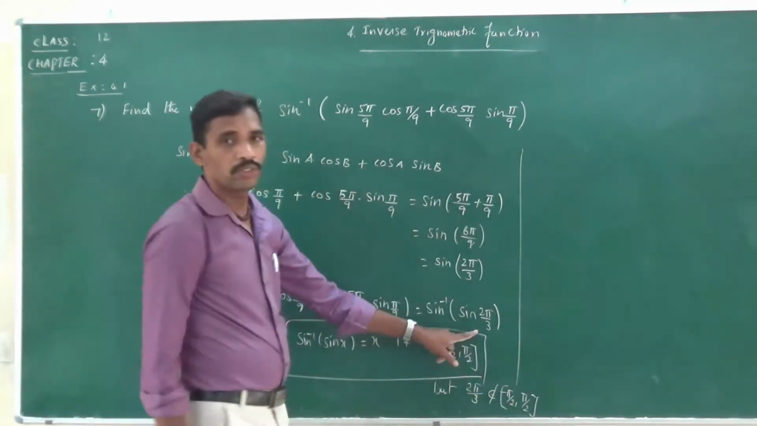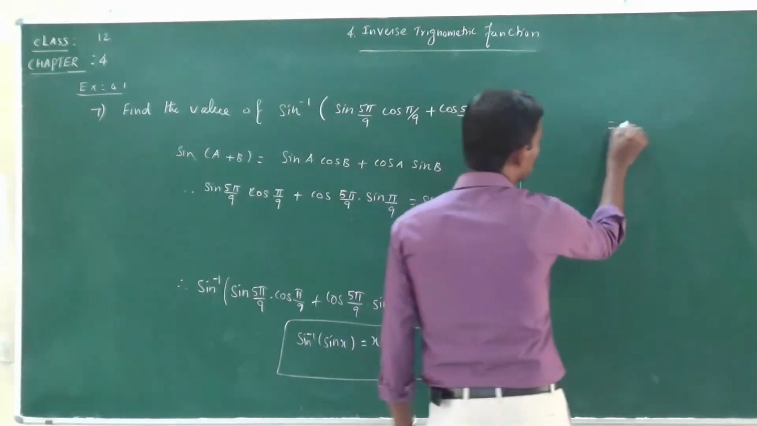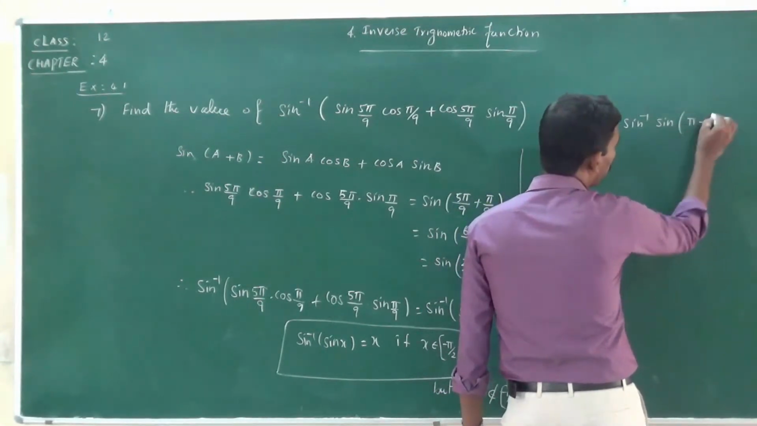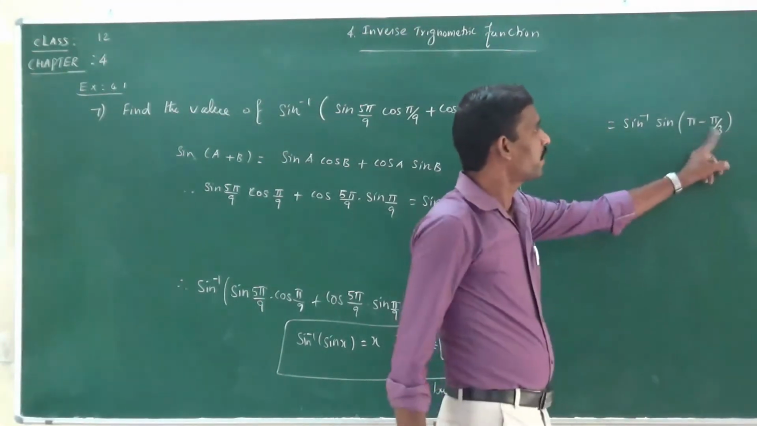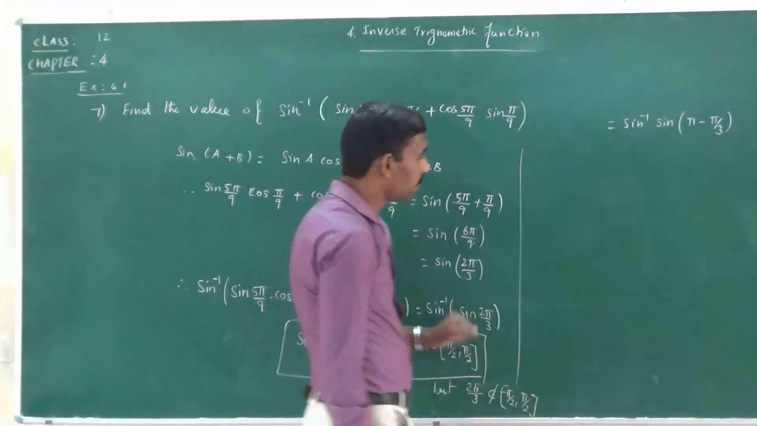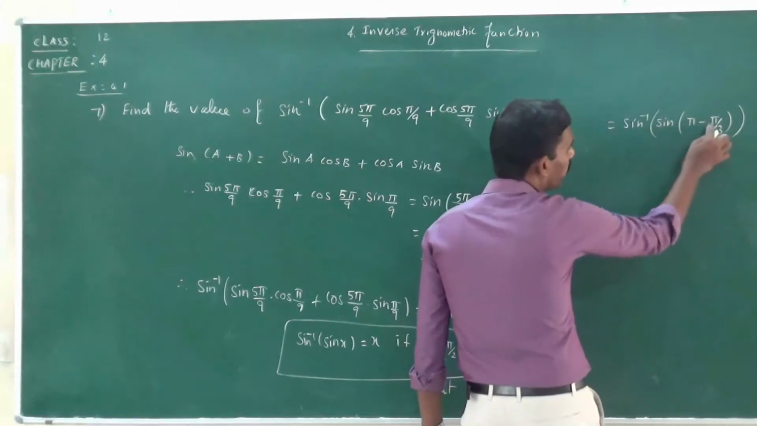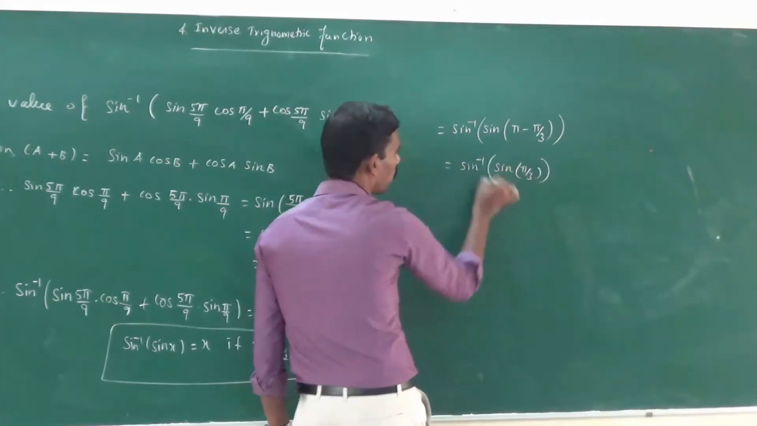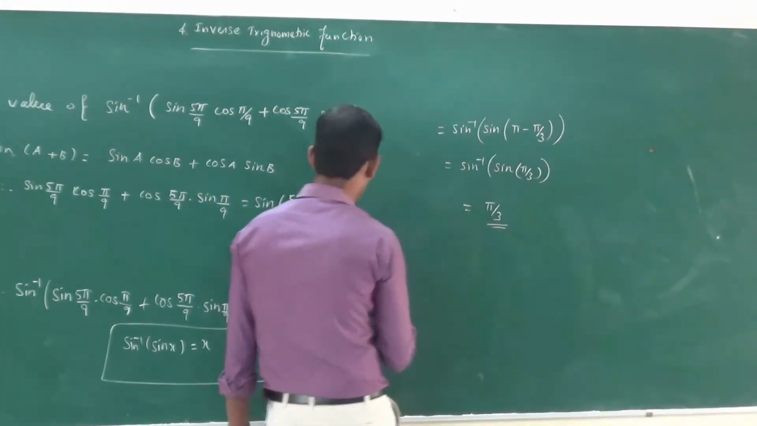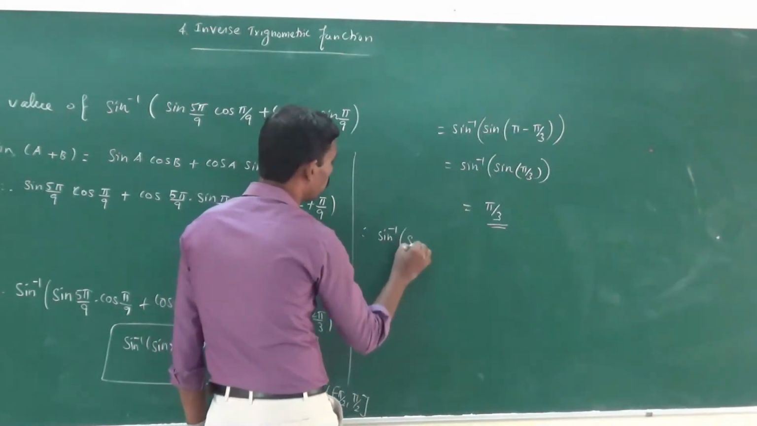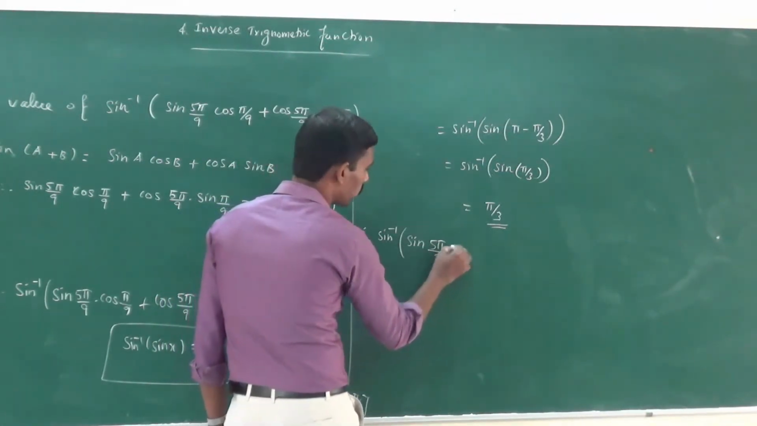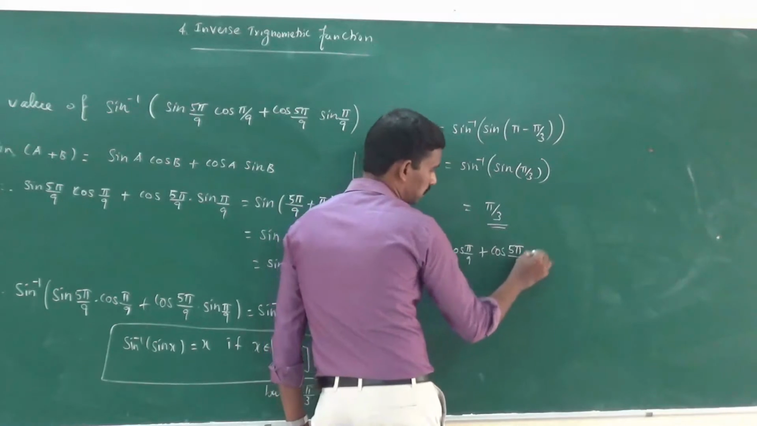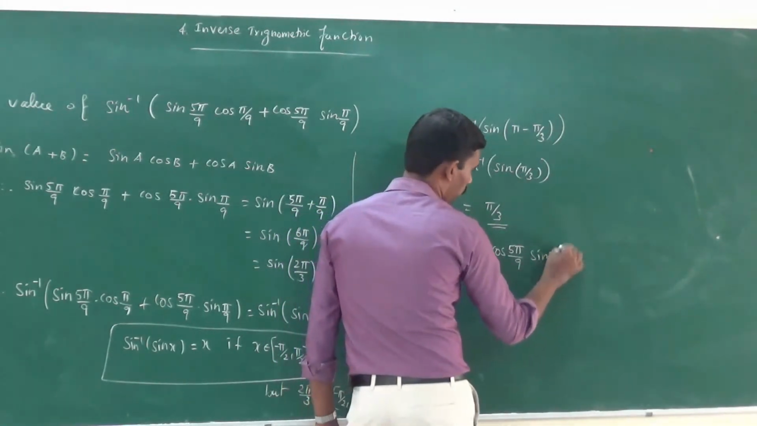So we have to alter this value like this. Sine inverse of sine of 2 pi by 3, we can write as pi minus pi by 3. So cancelling, we get 3 pi minus pi, that is 2 pi by 3, right? Okay, now sine of 180 minus theta is sine theta. So sine inverse of sine of pi by 3 is equal to pi by 3. Hence, sine inverse of sine 5 pi by 9 cos 5 pi by 9 plus cos 5 pi by 9 sine 5 pi by 9 is equal to